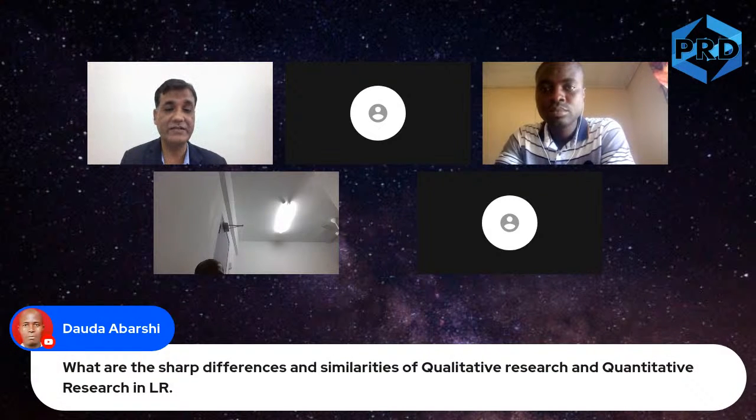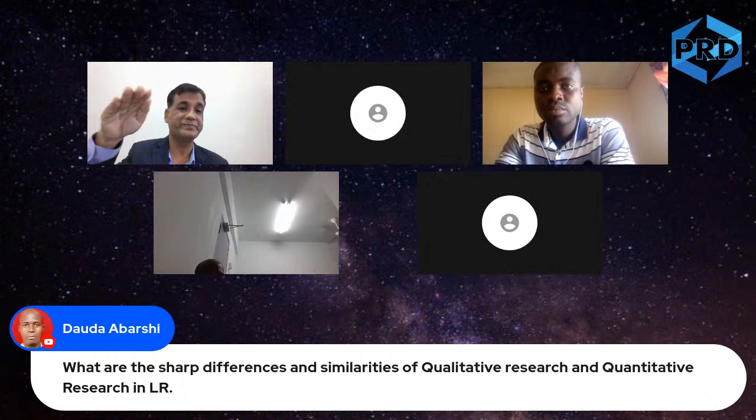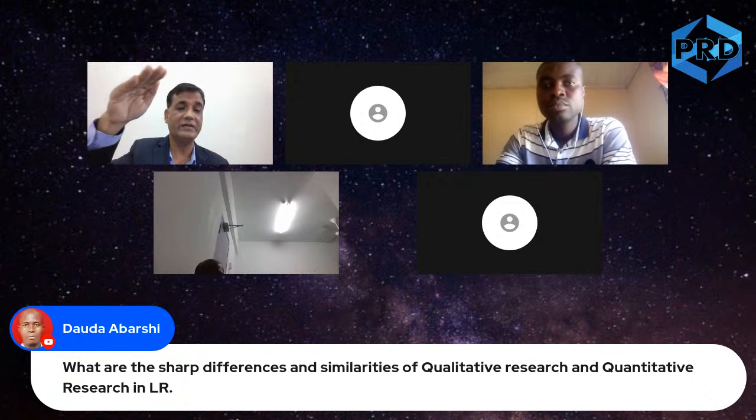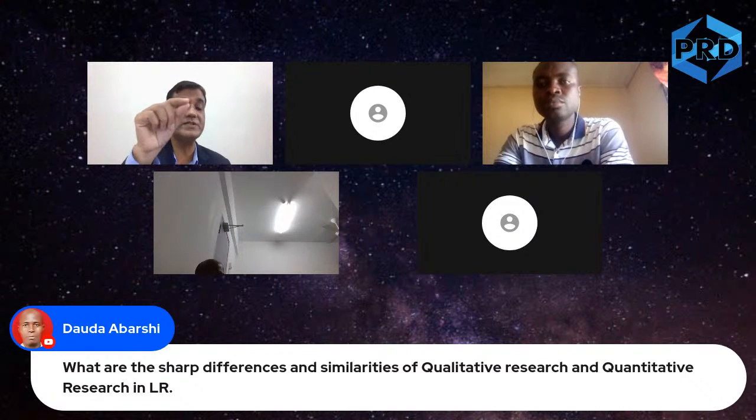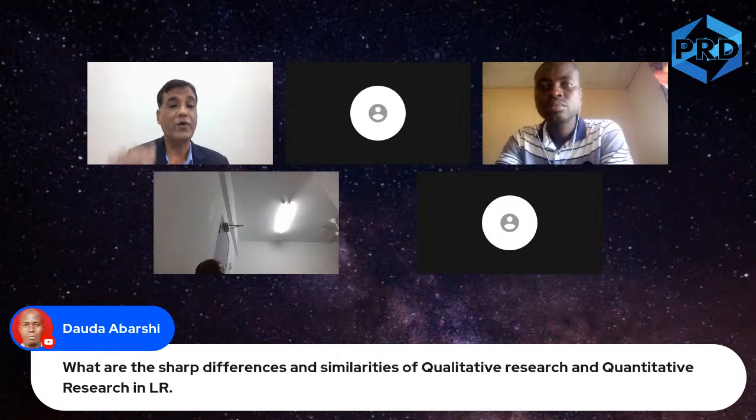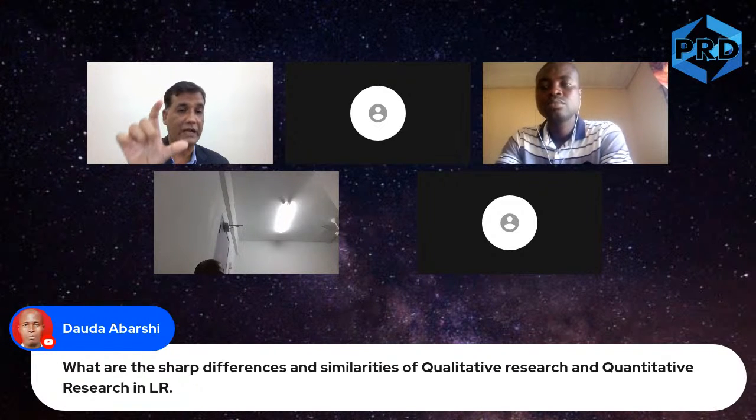Differences and similarities between qualitative and quantitative literature review: quantitative study is based on deductive reasoning. You have established theories, and from there you go down. But in qualitative research, you don't have an established theory, so it is more conceptual. In a quantitative study, because it is a deductive approach, you have a lot of theories and studies already done, so the literature review chapter could be longer.